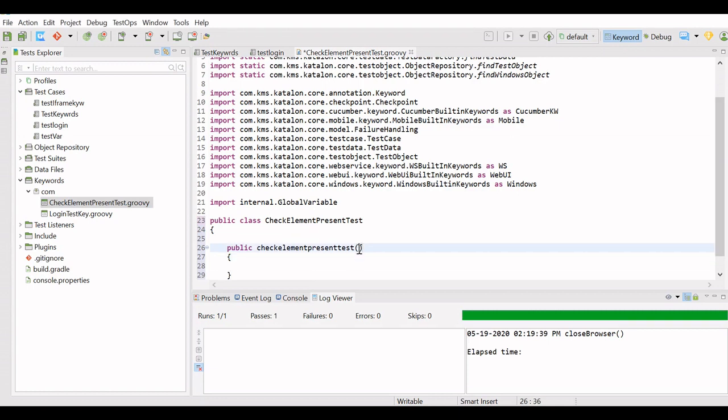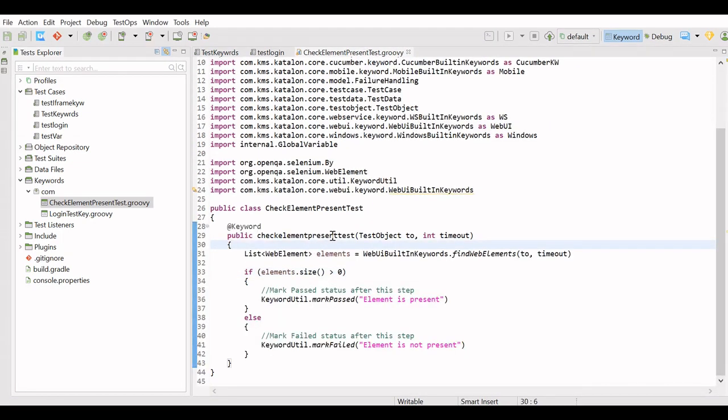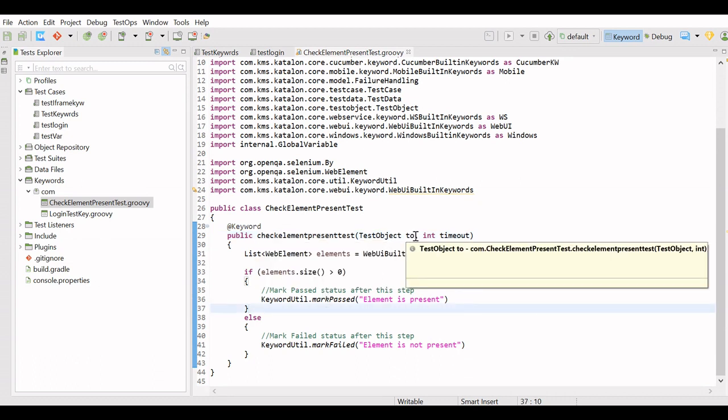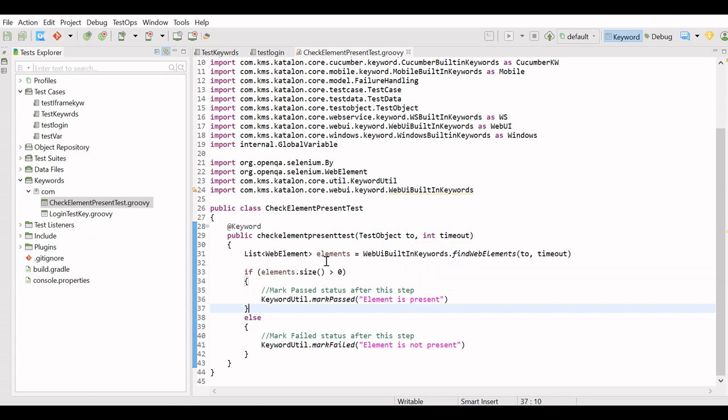In this method, we will pass the parameters test object and time integer. I have created this keyword wherein I just told you that we have passed two parameters. One is test object and another is timeout.